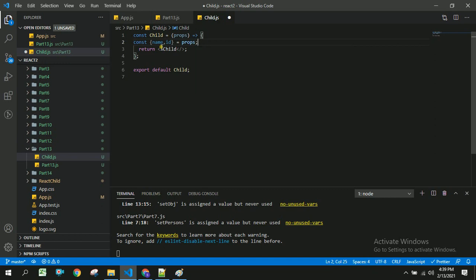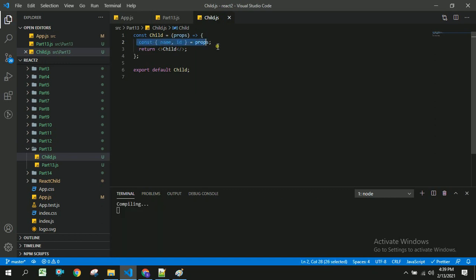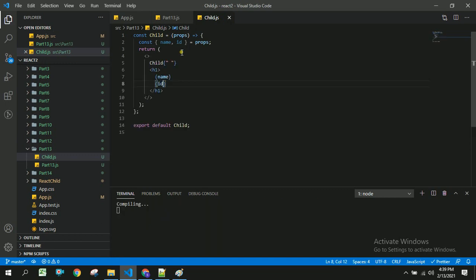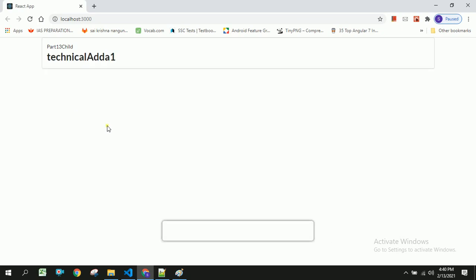In this way we can destructure the props which are coming from the parent component to the child component, and we can use them in our child component. I'm going to take one h1 tag where I will display whether we are able to get this after props destructuring or not. So we are able to get this text and id from the parent component to the child component.